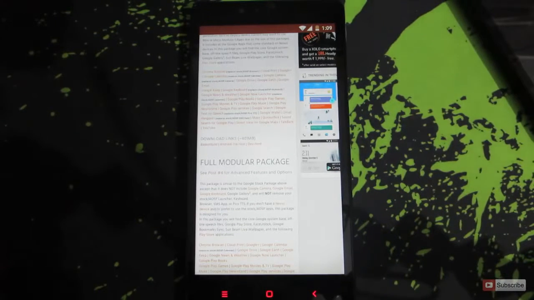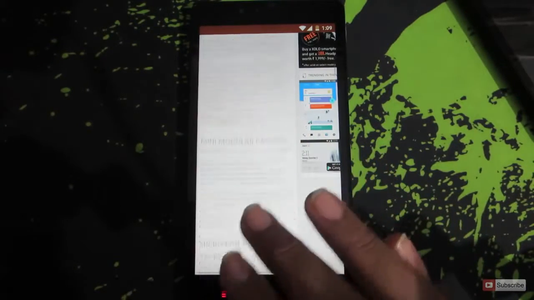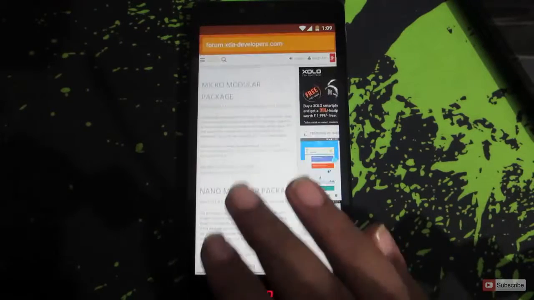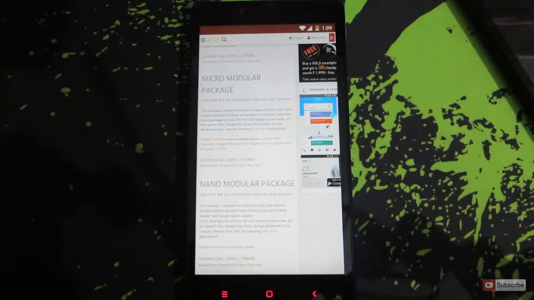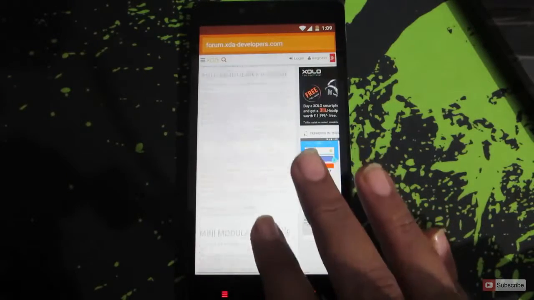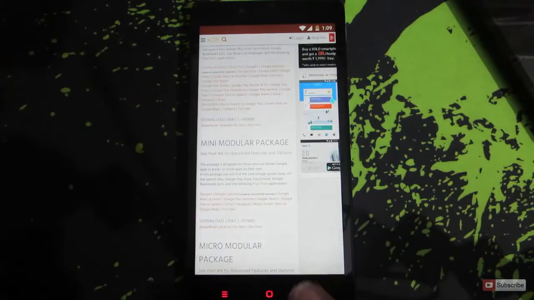That is, if you just want the Google Play Store, you can choose one package, or if you want just the basic apps, you can go for mini modular package, and you can go for micro and nano modular package. You can choose any package that you want. If you just want to go with the default one, you can go with mini modular package. So you need to download these two files. I'll leave the links to these pages in the description area below this video.